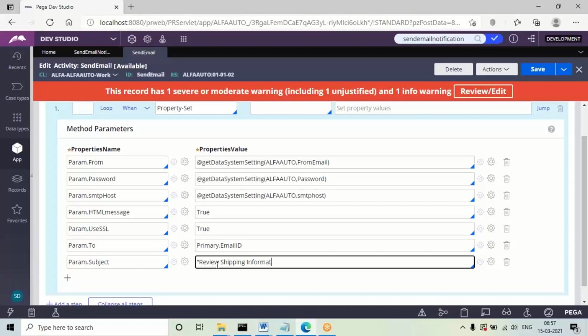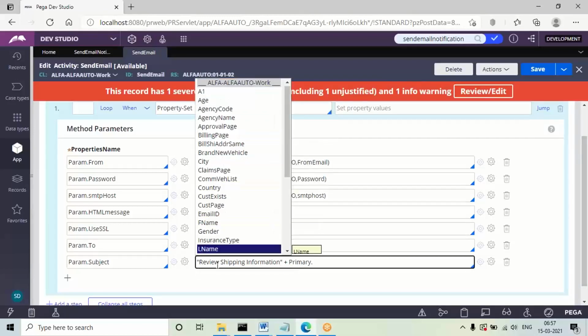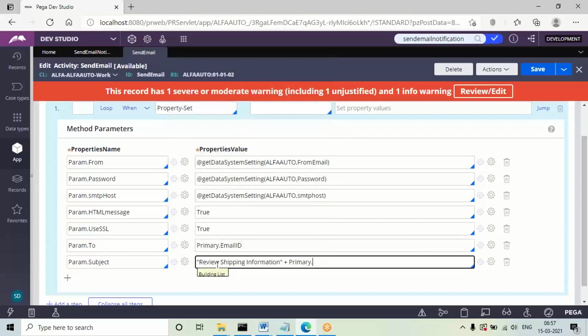Here in the subject I'm also going to include the work ID value. Work ID value will be unique, right? Here I'm taking my pyID value. So select primary, go to more options, select pyID, so that every subject will also include the work ID value.